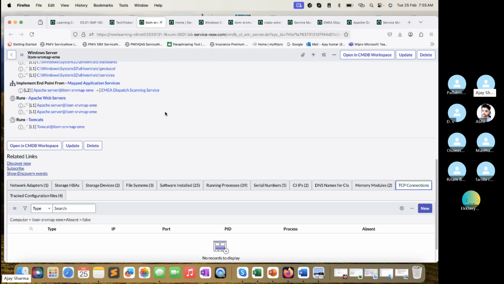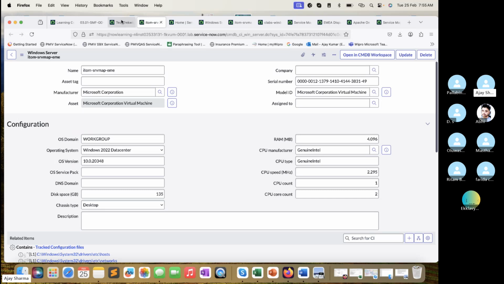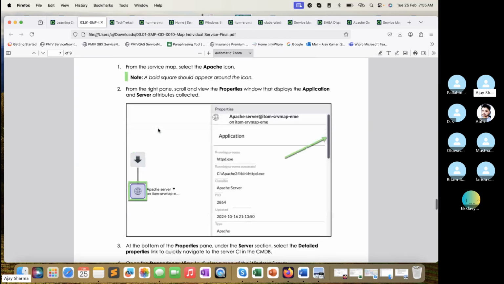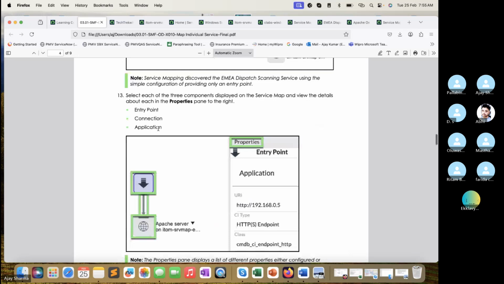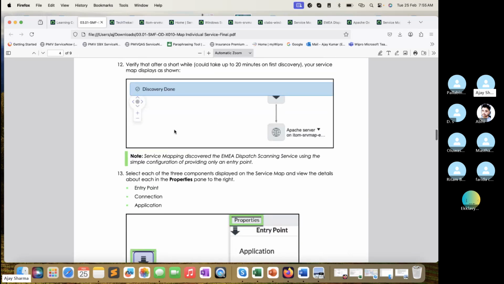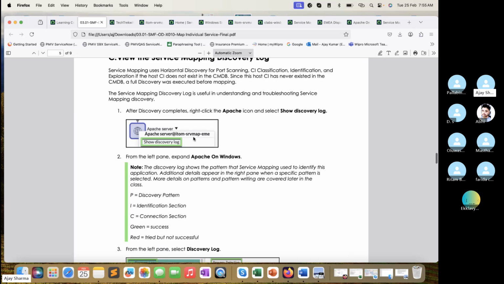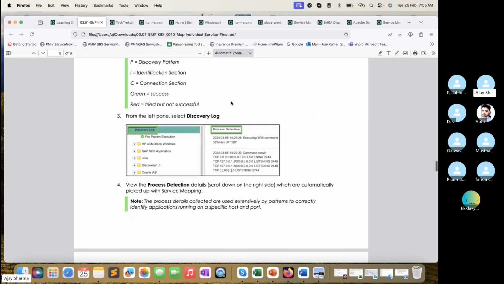Okay, now that's done. Now let's move to the next thing. I think that's done basically, right? So we have to do this one. They are just showcasing whatever I just showed you, right? So entry point, you can see the applications, you can see this one, show discovery logs, you can see the